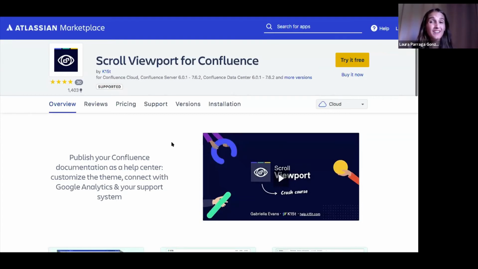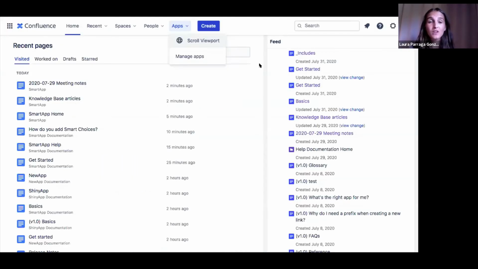So if Viewport cannot do that, then that's not for us. But Google Analytics, that sounds promising. And because you can try all of the Atlassian apps for free for 30 days, why not try it out? So let's do that. So in Confluence Cloud, where we are today now, with this new navigation, you can access